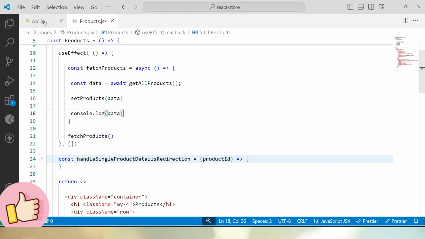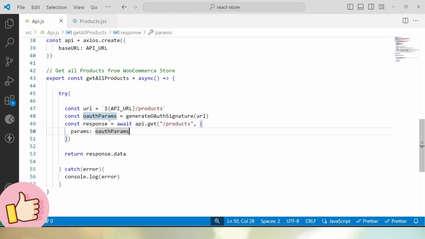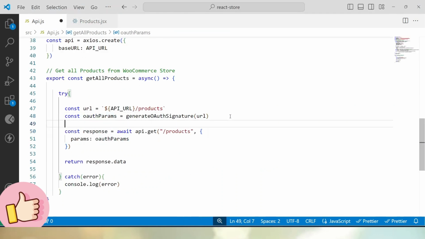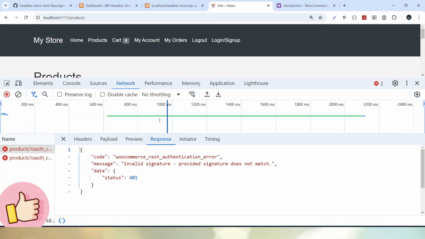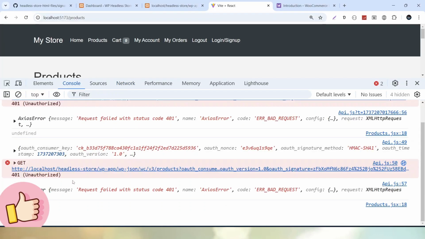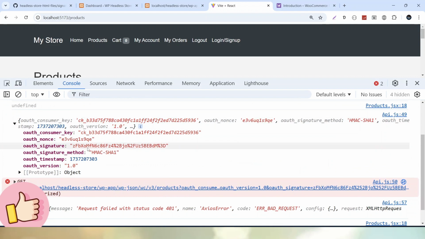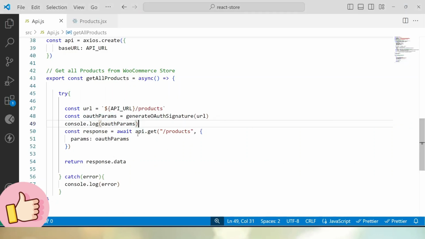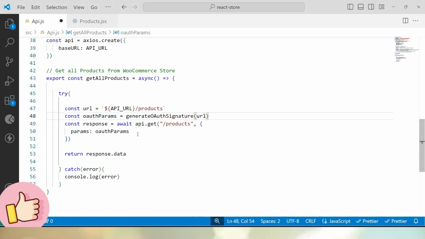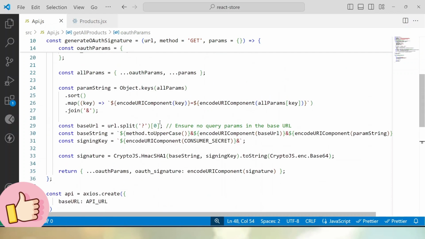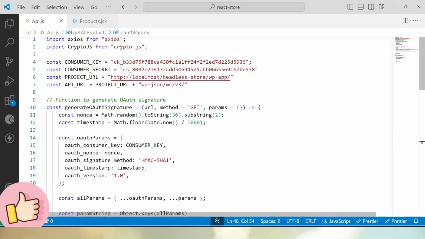So first I will go into this API.js, and here let's copy this auth params, and if I try to log, let's say console.log, save these changes, and now we can see that inside that auth params, here we have all these values. So I think it is working. So where is the mistake? If I go to check all about the settings and the configurations,